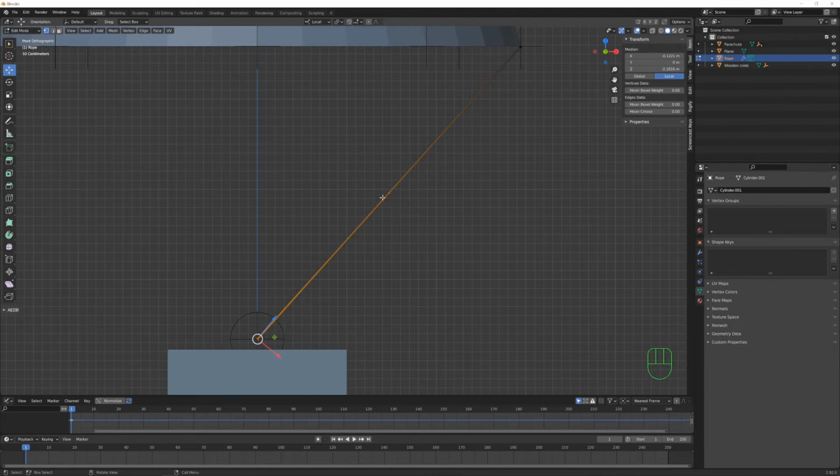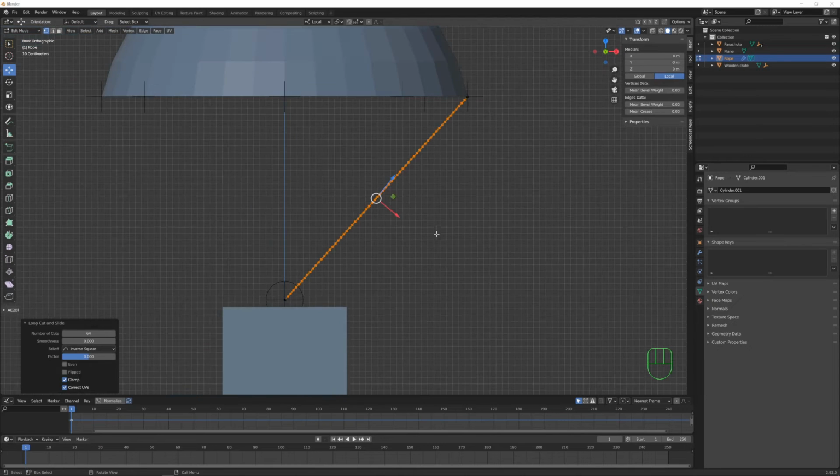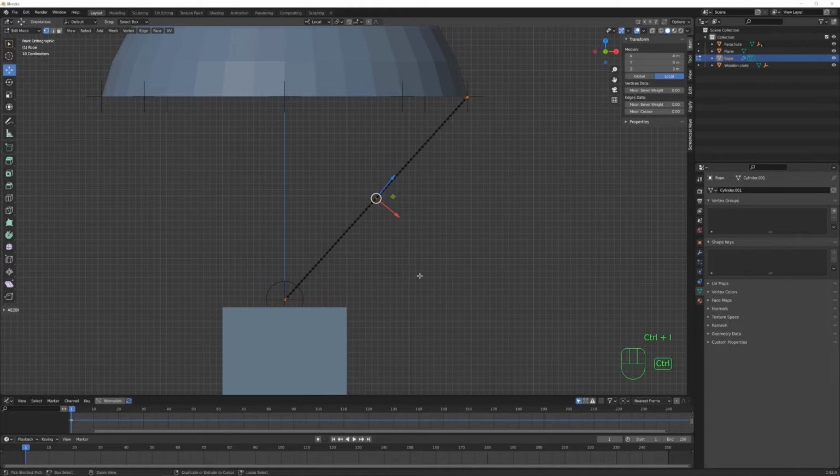Okay, so we can do that pressing Ctrl and R and adding a lot of loop cuts, something like that. Now that we have all these selected, before I proceed, I want to Ctrl and I to invert once again the selection, and I want these two